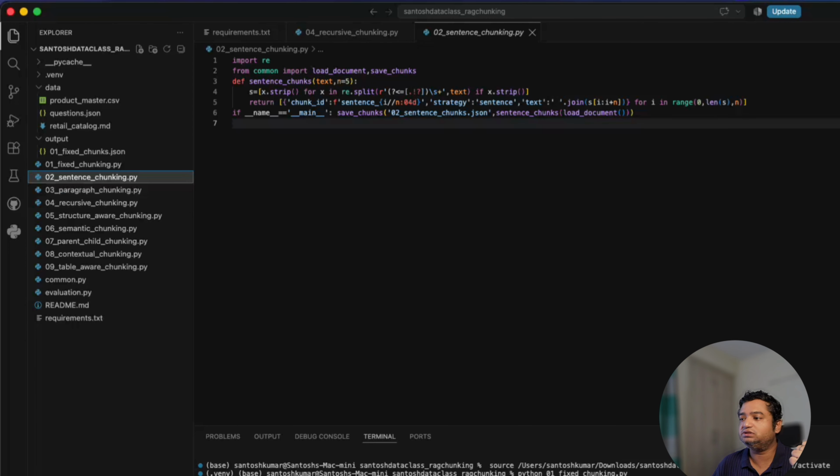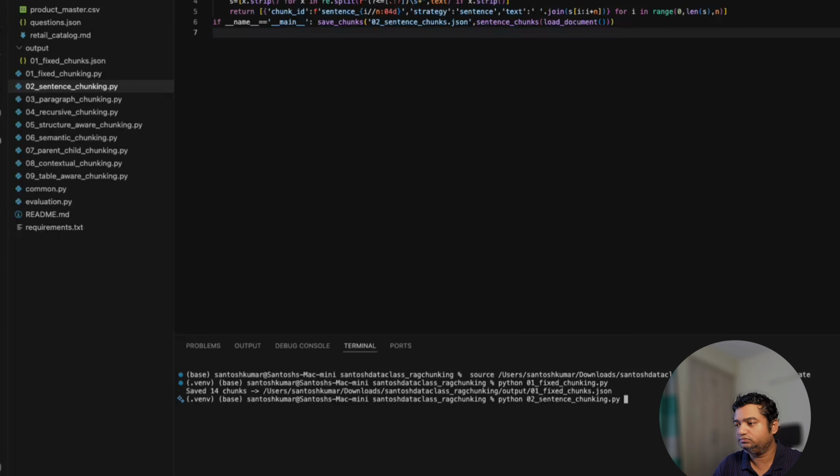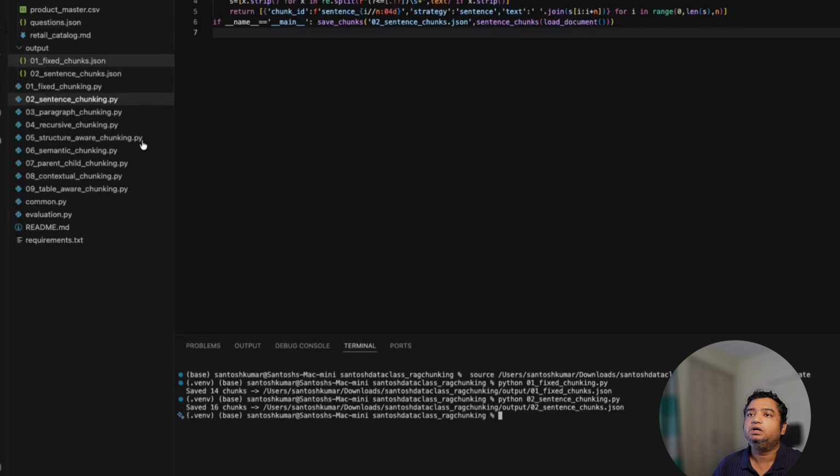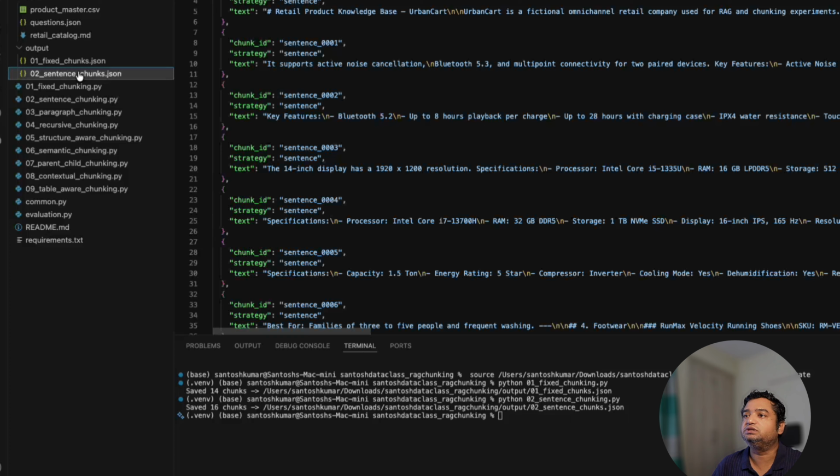So we are going to run the sentence chunking. Now you analyze this JSON file. It has all the sentences. Strategy: sentences. It will not have a fixed size; the size of this text will be different from the size of this text. But in fixed chunks, obviously the size will remain the same. Now coming to the problem here,